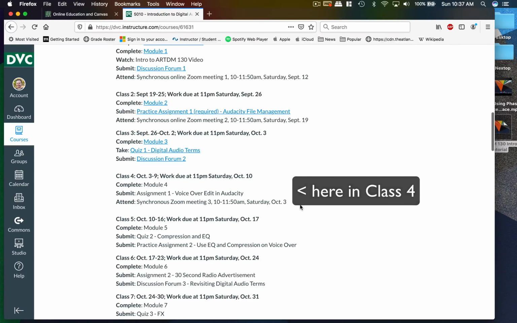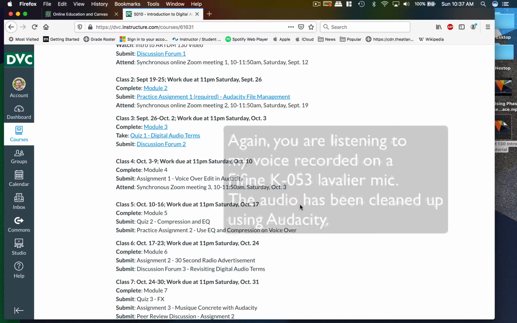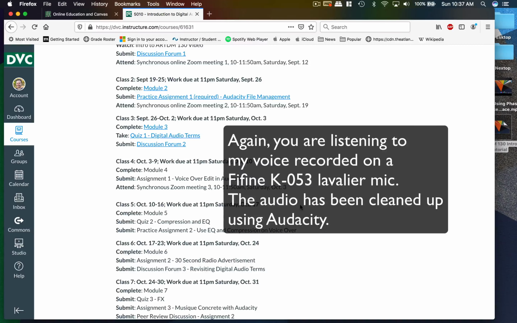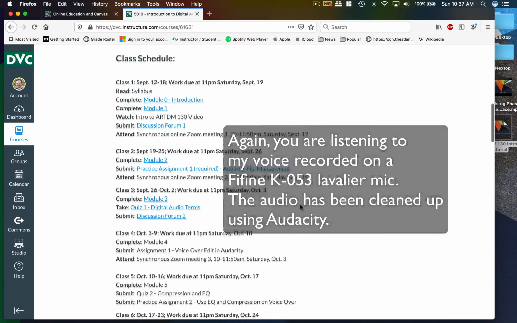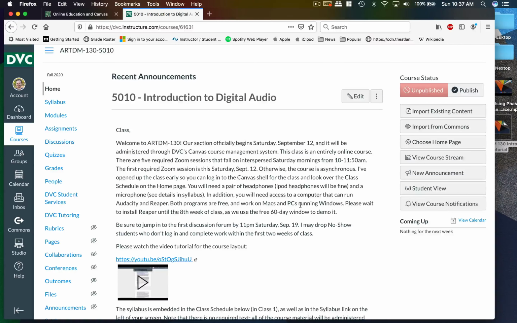And then moving forward, you're also going to get into a 30-second radio ad where you record your own voiceover. So by maybe the 4th or 5th class, you're going to need access to a microphone to record your voice. I don't want people recording on their laptops. It sounds terrible. And then we're going to do some cool creative sound design,